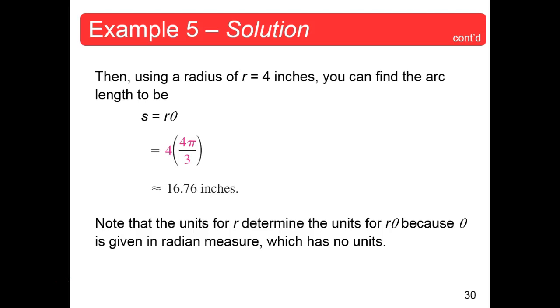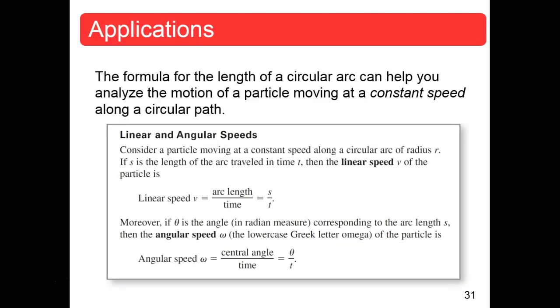Notice that the units for the r determine the units for the arc length, because theta is in radians. That's a dimensionless unit. It's just a ratio. So whatever unit you had for your radius, that's going to be the same unit for your arc length. And they say theta is given in radian measure, which has no units. So we write it as 4/3 pi radians, but it really has no units. Now,